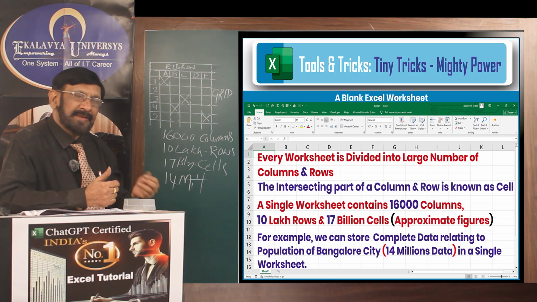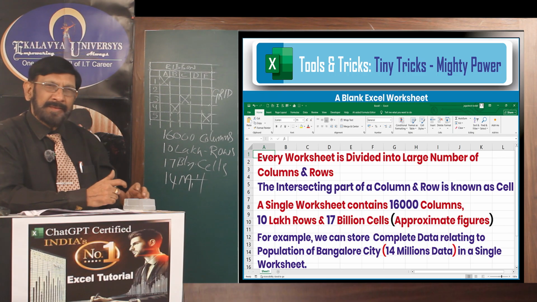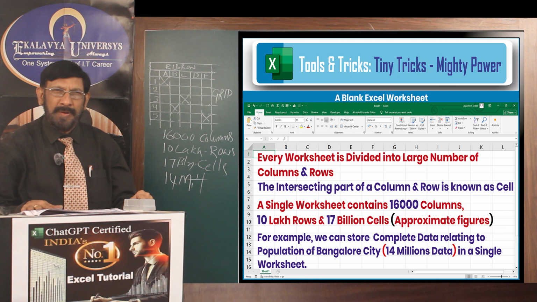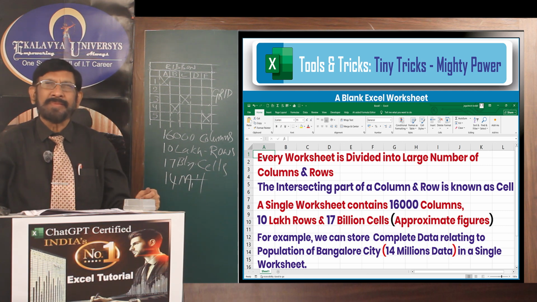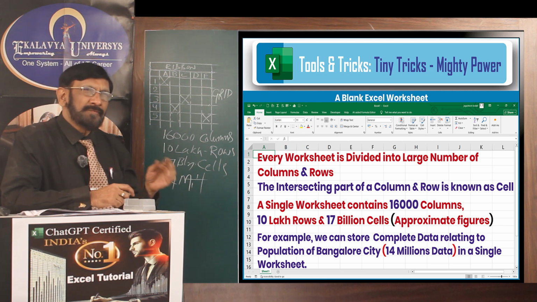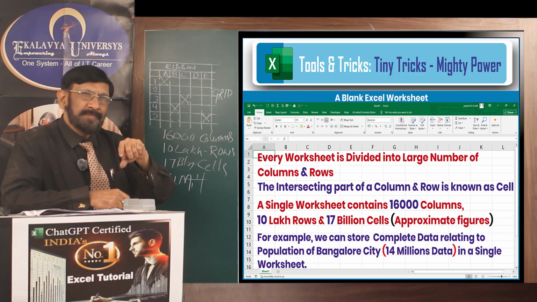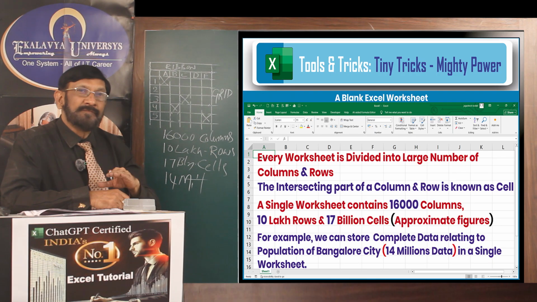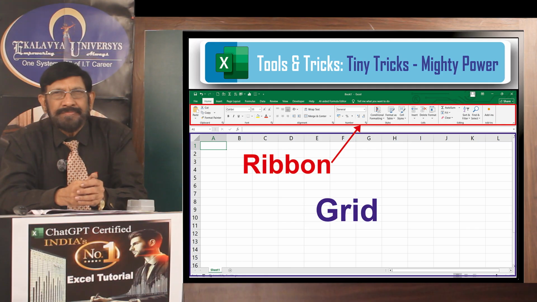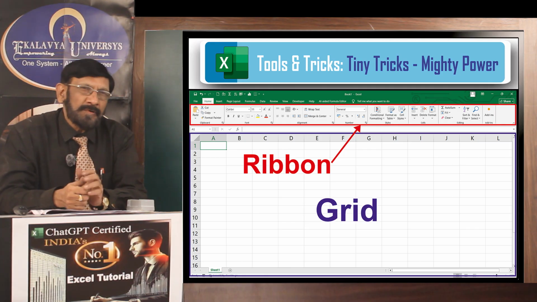17 billion cells are there. That's just for information. If you want to become a professional, you should know everything. Like a college student, you should never feel something is important and something is unimportant. You must know everything. After understanding the size and the capacity of a worksheet, now let us focus on the